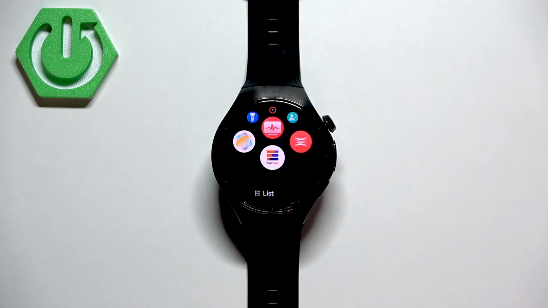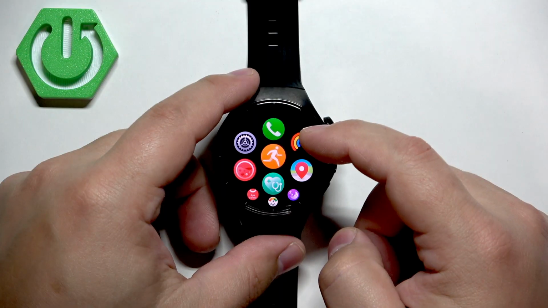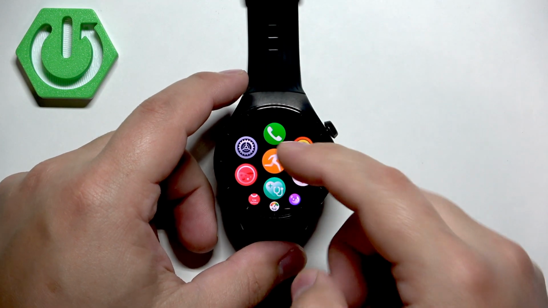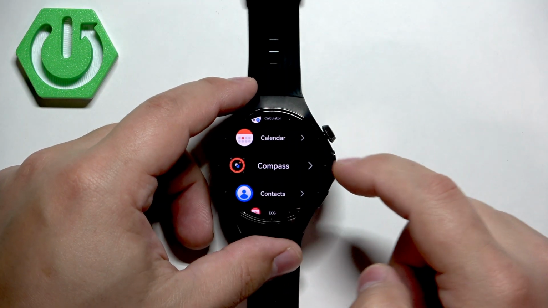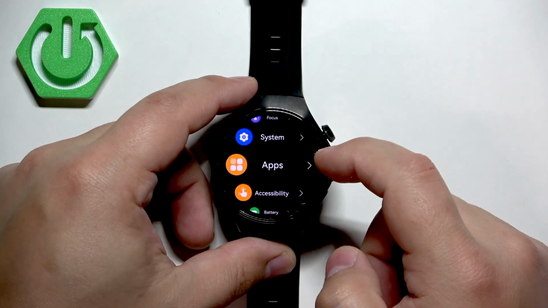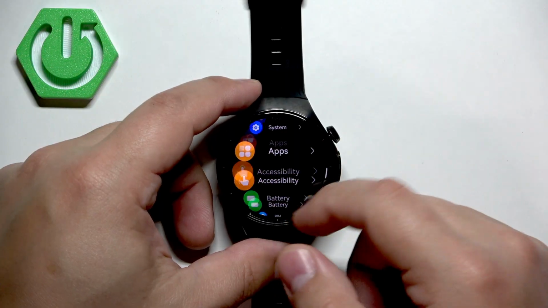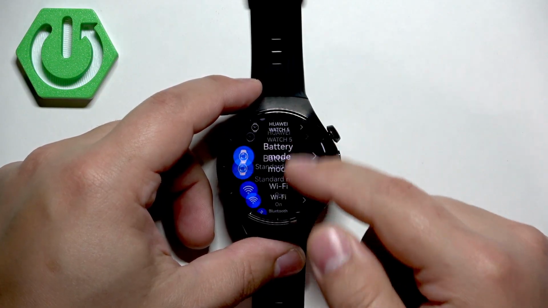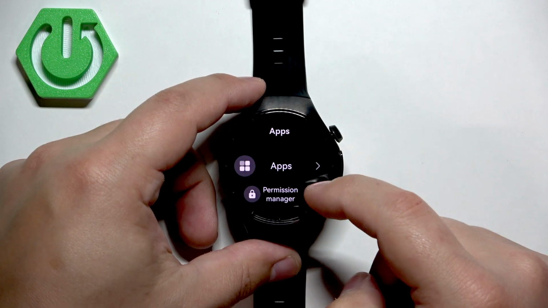Another way to uninstall the applications is to do it through the settings. So if you're in the app menu, find the settings icon, tap on it. In settings, you need to find the option called apps. In this settings menu, you need to find the apps option, tap on it, then tap on